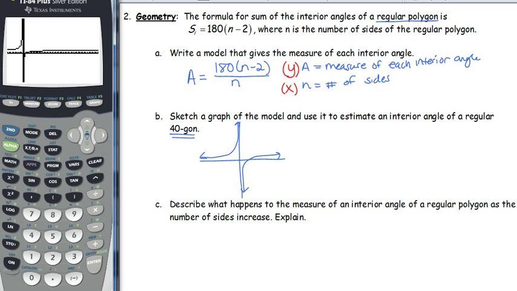Doesn't look too much different. We want to estimate the interior angle measure. One option is to trace. And I'm not too fond of that option because it's not very accurate. Or, since 40 is representing our x value, we don't have to do the whole intersection thing. All we have to do is go to second trace. Number 1 is finding the value. We want to find the value when x is equal to 40. And we see that when x is equal to 40, our y value is 171. What that's going to tell us is a 40-gon has each interior measure